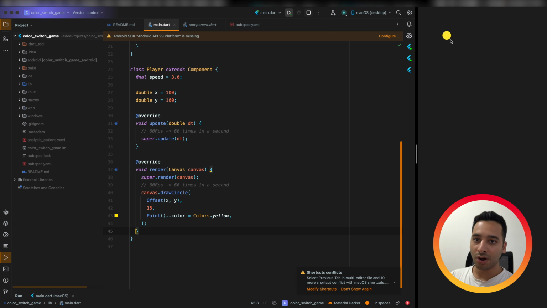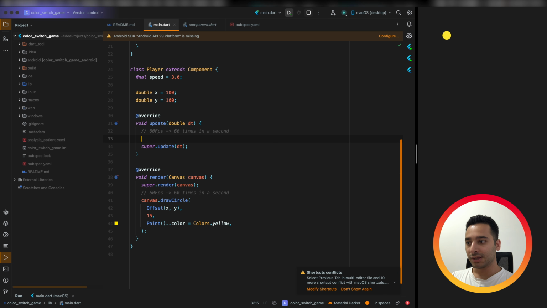So this is our component. It has a state, and a state is x and y variables here. We can move this component or this player by increasing y variable or x variable.